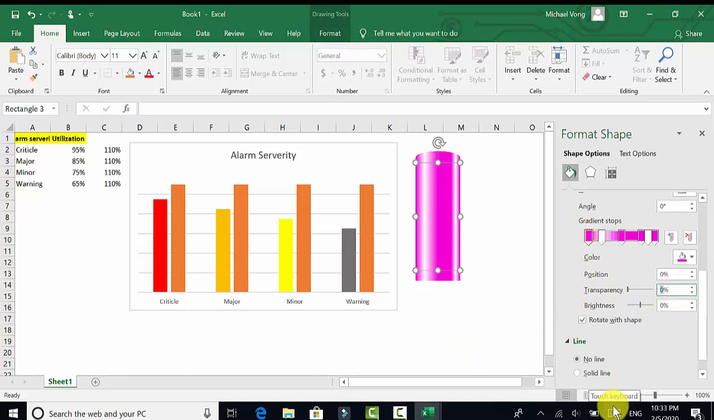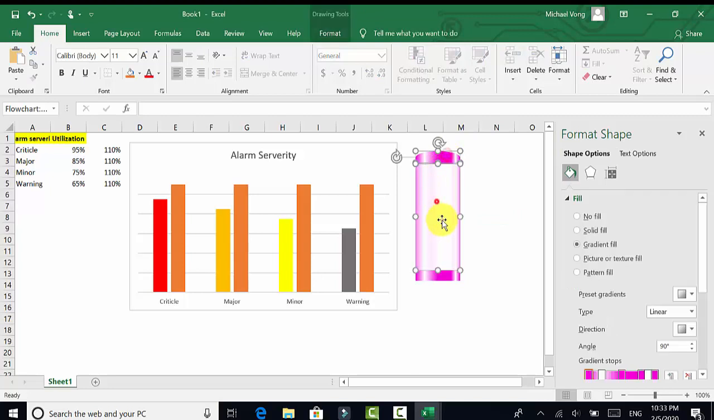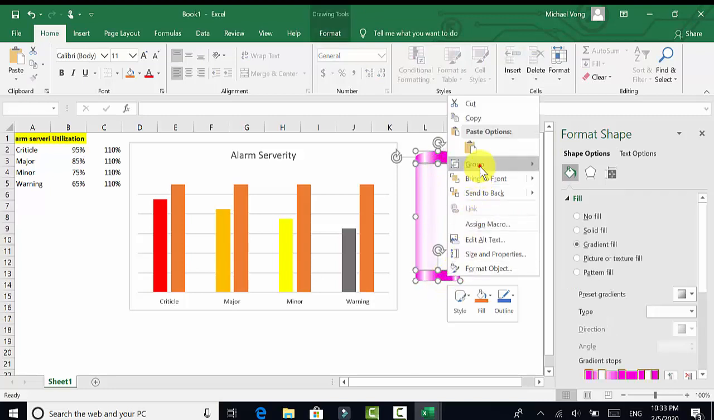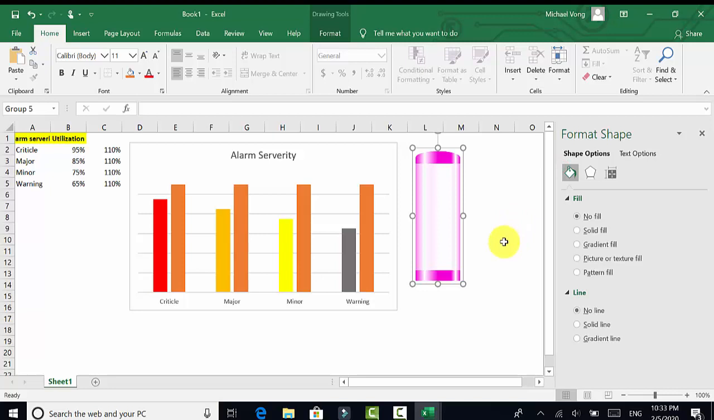And then for the first step, I will add the transparency to 50%, 20%, 75%, 100%. This is 100, 75, 50. Okay, and then we group. Okay,